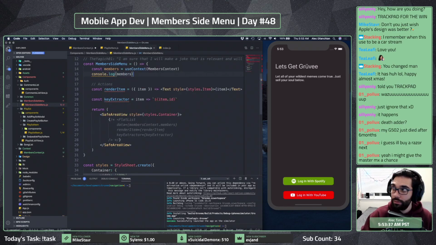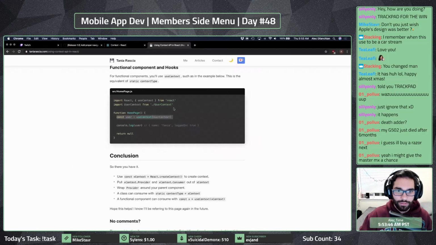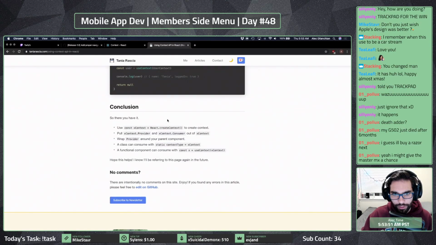So for now, we're just gonna go ahead and log out our members, and let's see what happens. I think I've set this up properly. This example was pretty helpful. So it says use the context. We create our context, and then we pull the provider and context out of it. Wrap provider around your parent component, and then a class can consume with static context type, X context, and a functional component can consume with use context.